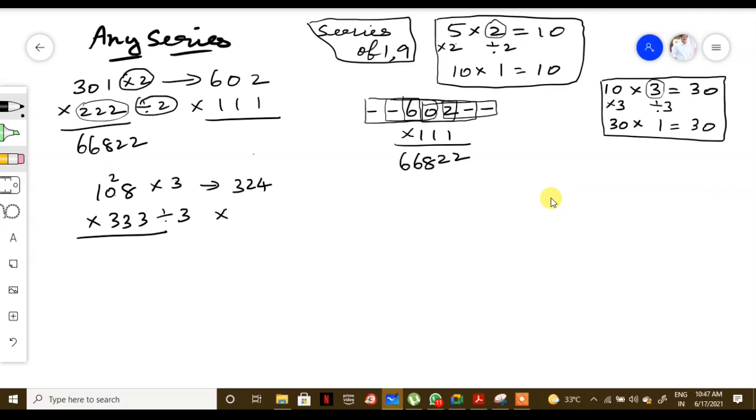So just you have to multiply 324 into, we are dividing this one by 3, so it is 111. Okay, so we are getting the answer as 324 into 111. So when you are doing this sum, we will get the answer for this one. Correct? So any number of series we can do here the same way. So we go with the same here, series of 1 here. So it is 324 into 111.